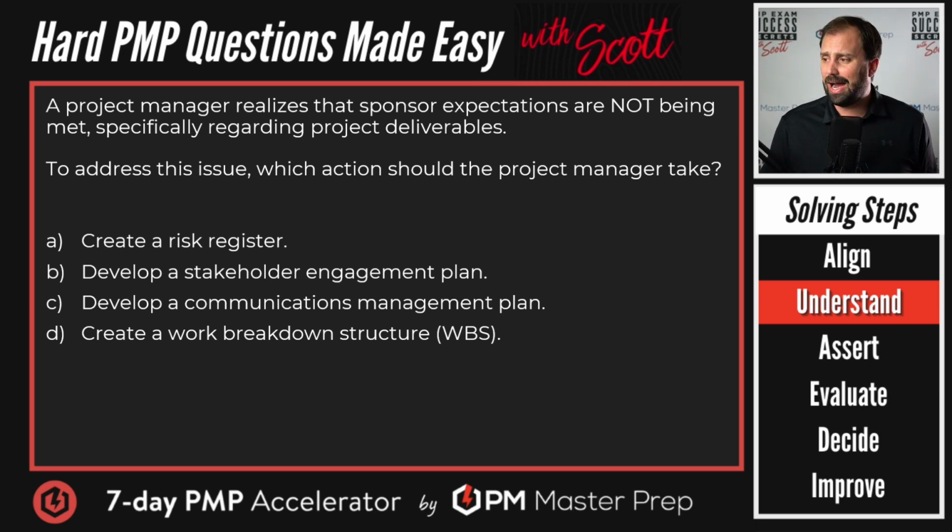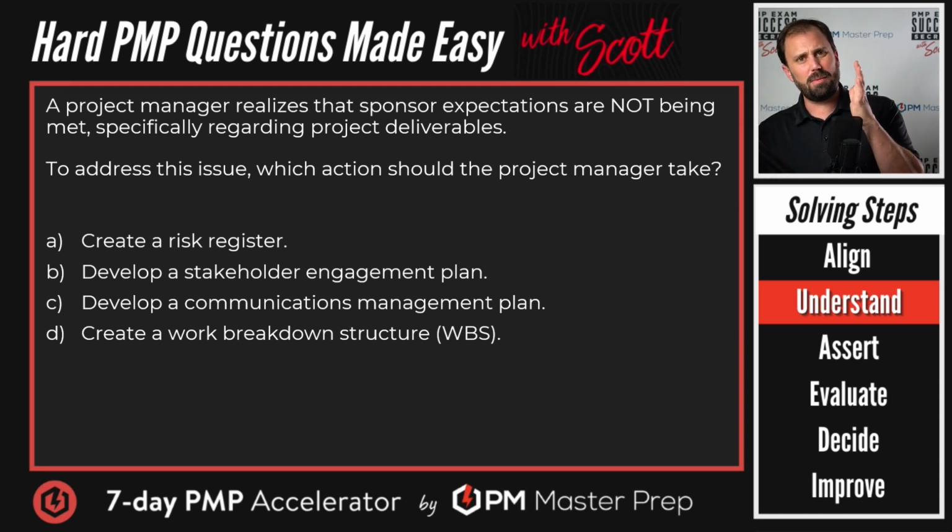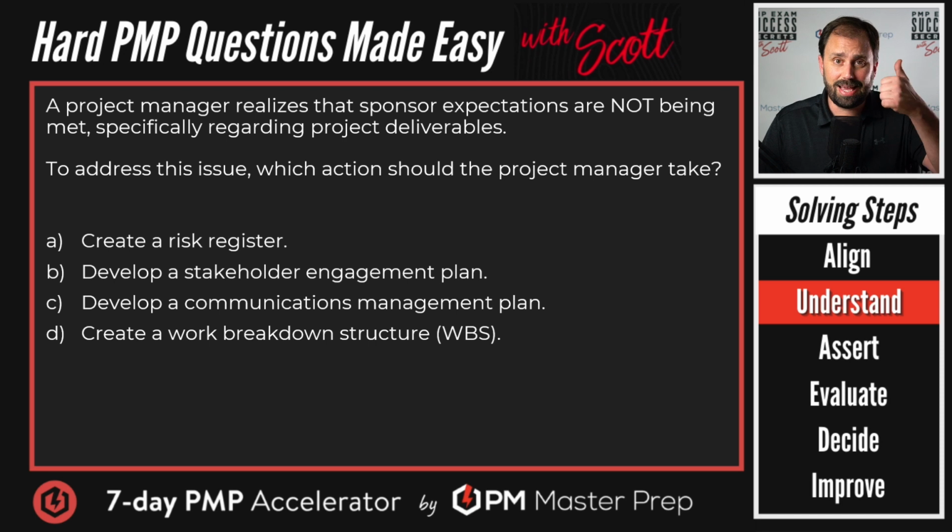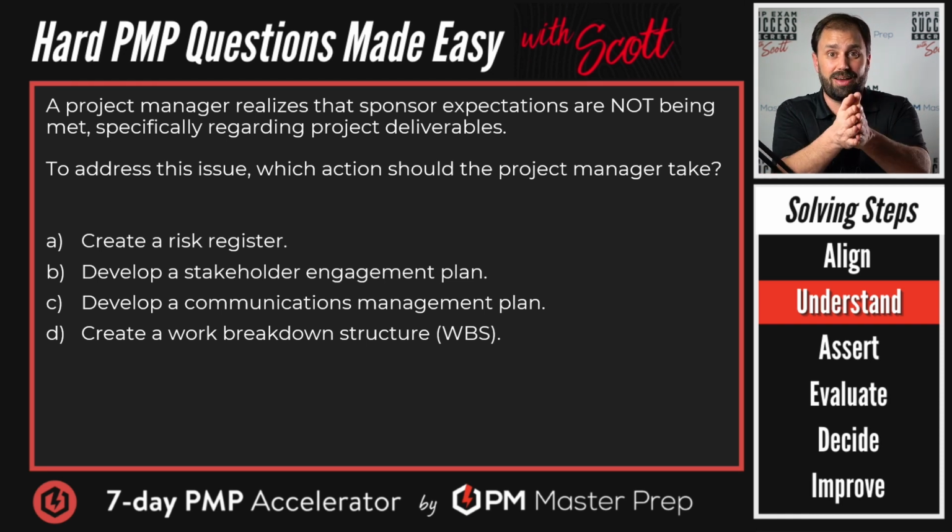Cool. I think we are into the project. We have a baseline established, because otherwise we would just change it and establish the baseline off what's going on. So we're at the end of planning, into executing, maybe in monitoring and controlling. We're in that meaty middle. And keywords: stakeholder expectations not being met, sponsor expectations. What should we take? It is an issue, they said, so it has occurred.